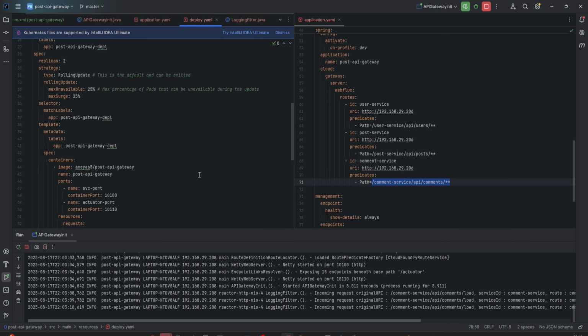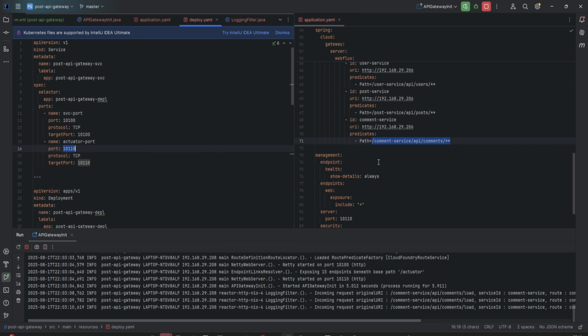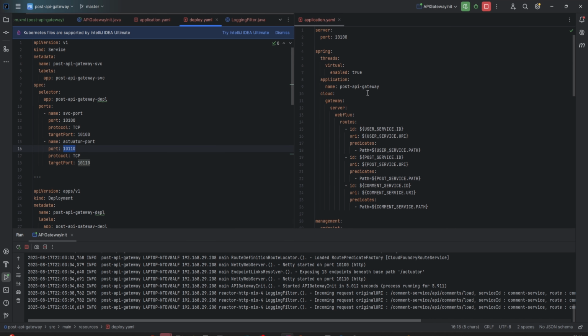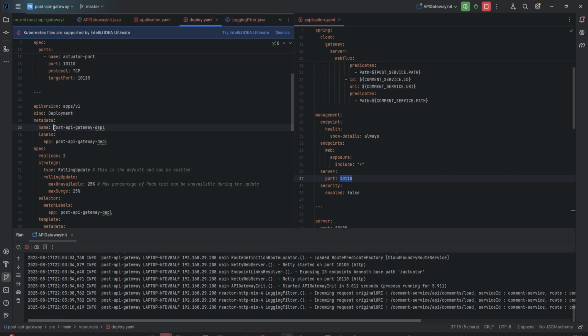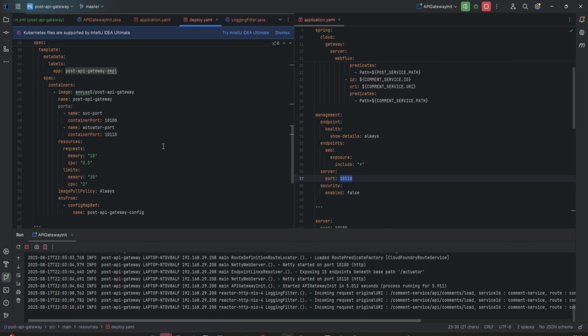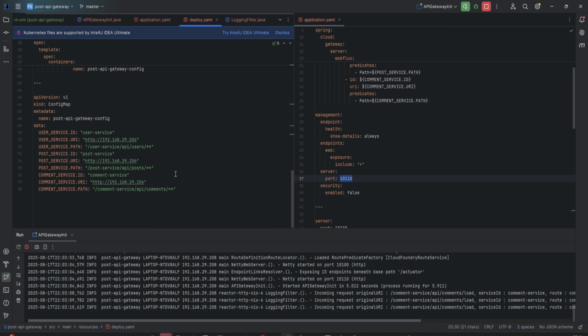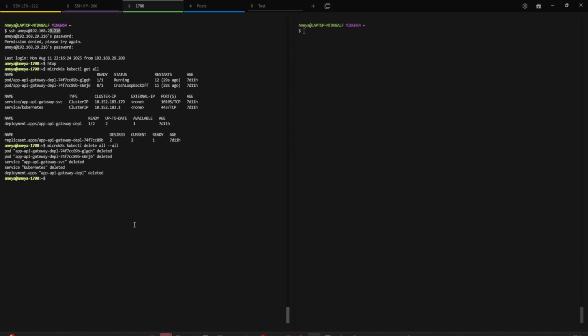Now let me deploy this post API gateway service. This is the port, this is good. Is that the port that I'm running it on, right? And this part as well, post API gateway deployment. All right, so let me deploy this. Okay, it goes in here, and if I go to the server to see apps,